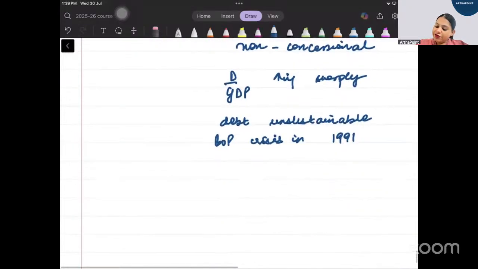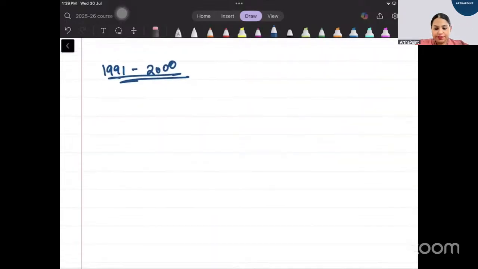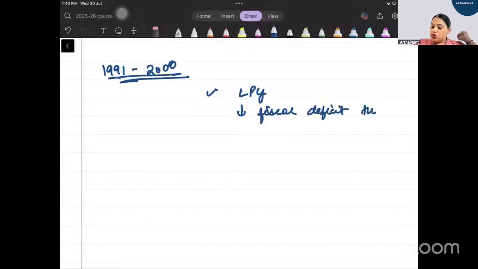Then the third period of India was from 1991 to 2000. This is called the post-reform period, right? Now, during the post-reform period, first of all, you had the LPG policy, right? So when you had the LPG policy, the government started selling public sector enterprises to the private sector. When the government brought in the private sector, it reduced fiscal deficit. The revenue of the government started increasing, right? So through disinvestments,